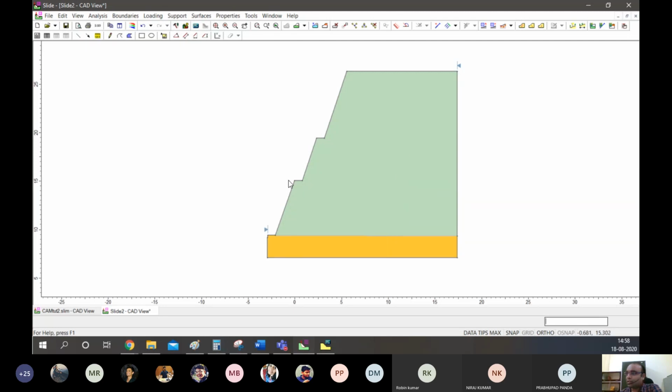Generally these steps are made in order to decrease the overall slope, as we do in benches. But these are basically continuous ramps. Initially these are used for dumping, but slowly and gradually the dumping is done on top, and the material is allowed to fall.